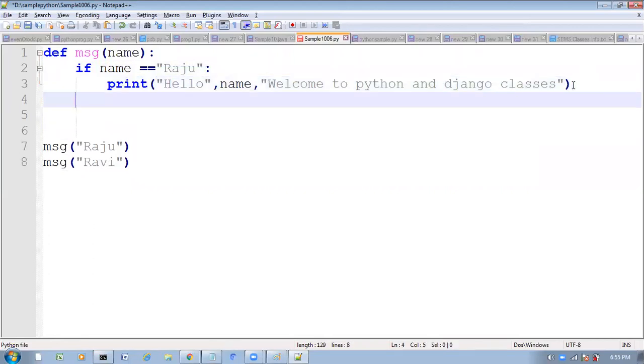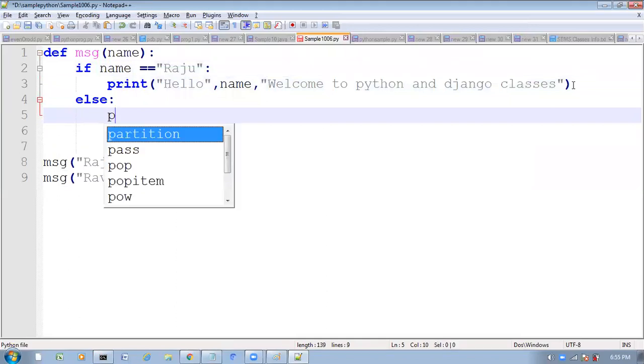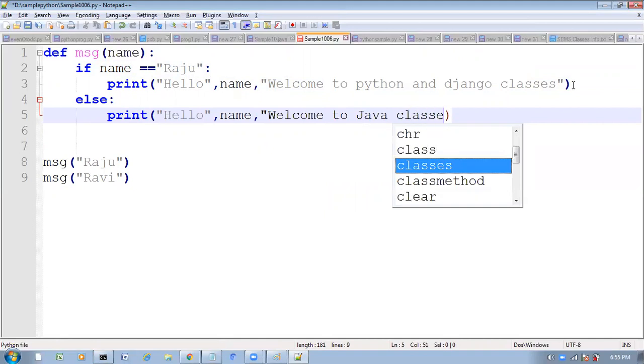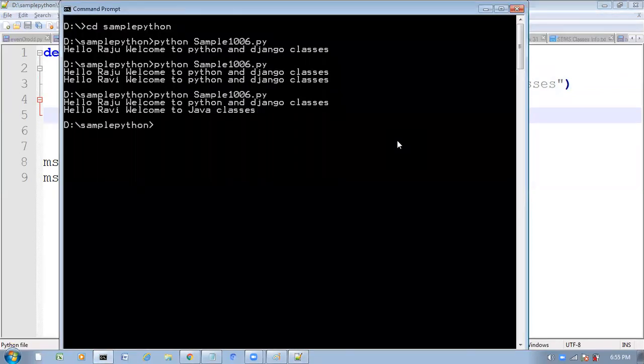Otherwise, else, here I will print hello name, welcome to Java classes. This is what I want to print, right? Generally we will write the program like this. Hello Raju, welcome to Python and Django classes. Hello Ravi, welcome to Java classes.